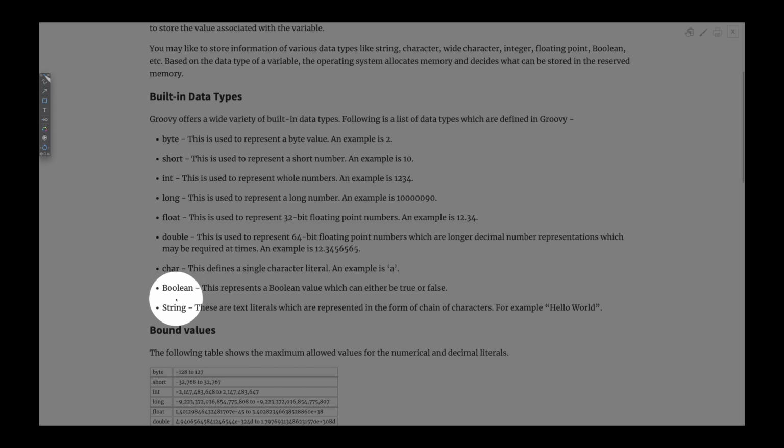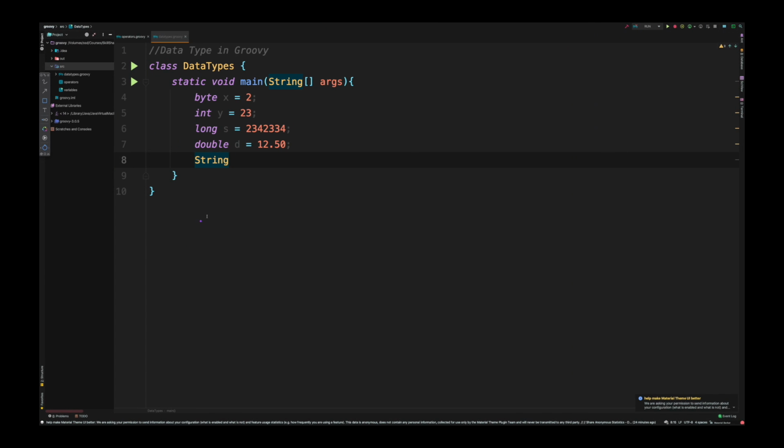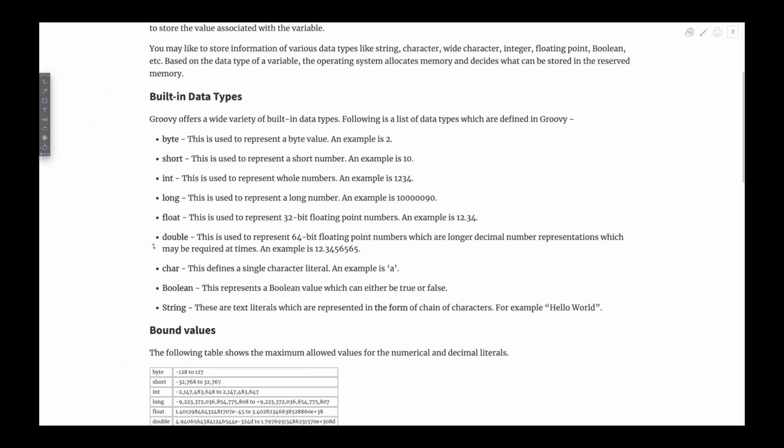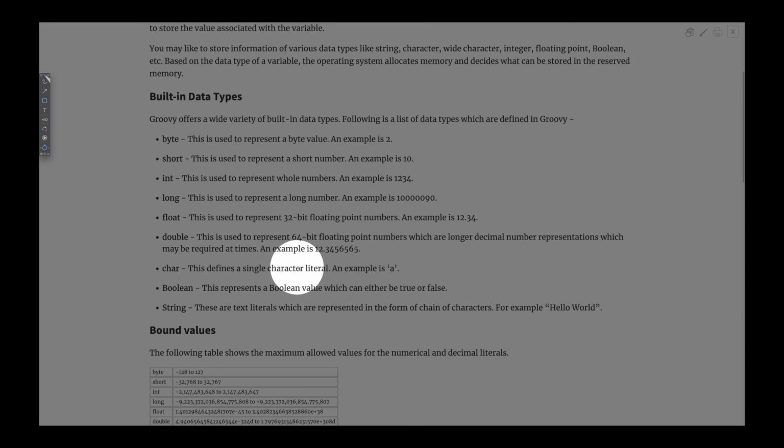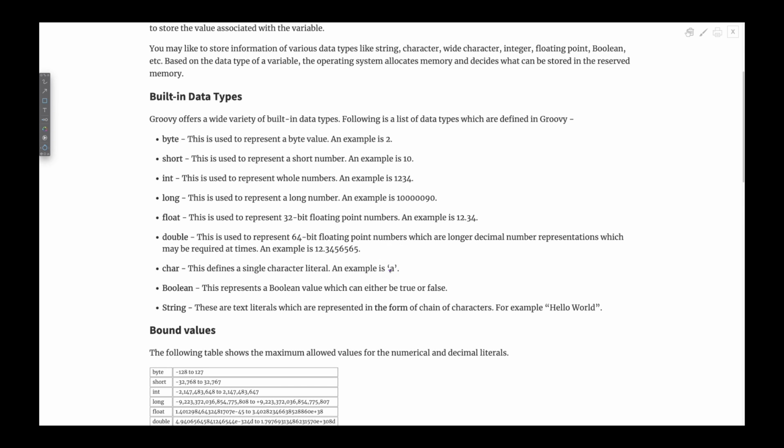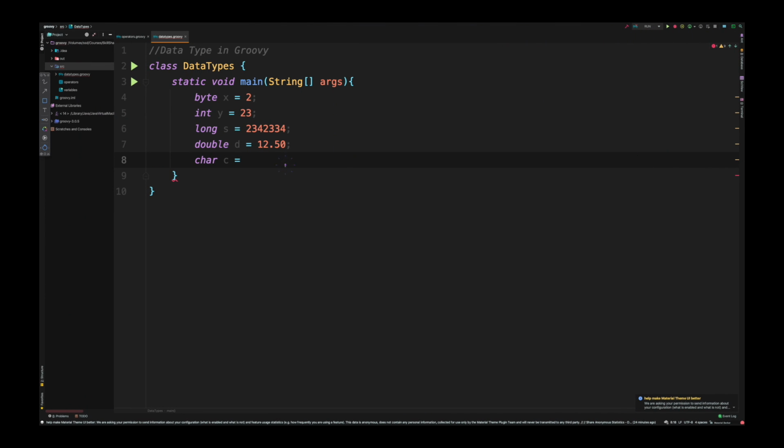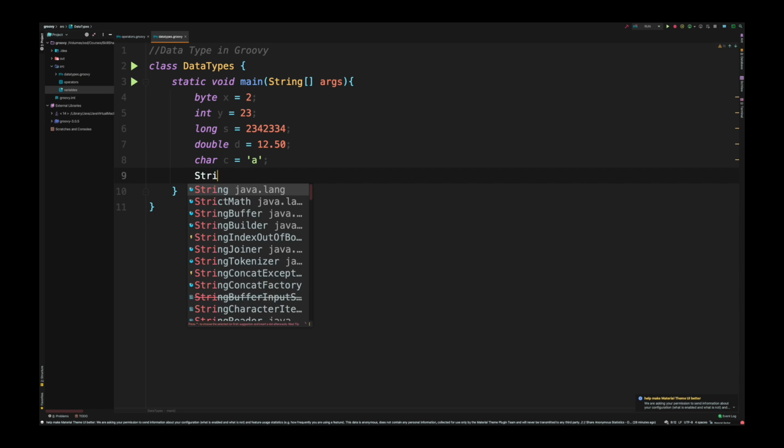We got character, boolean, and string. So let's type those. For the character, char, and I'll just do c, and then for example, a character defines a single character like A, B, C, D, whatever it is. So I'm just going to use the same one. We'll just do single quotes A. Next we have string.